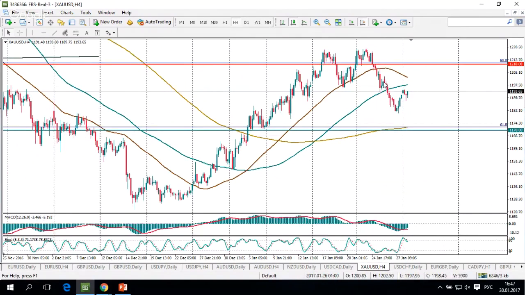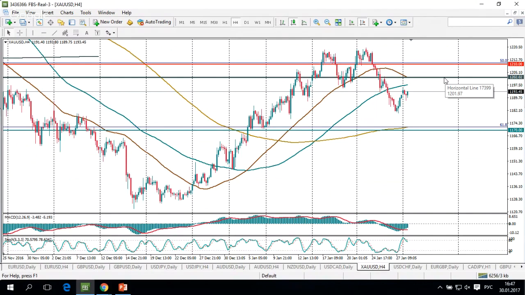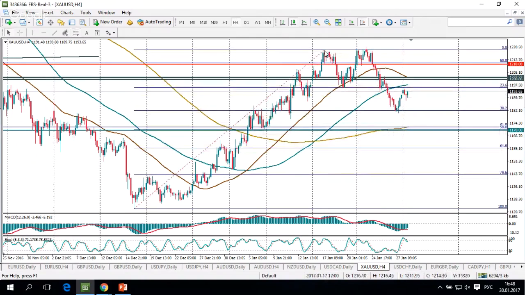However, we can see on the 4-hour chart that the moving averages will provide resistance in the area of the 1,200 mark. Here is an important psychological level, and as long as gold is below these levels, the chances of reversal to the downside still remain. I think that gold will be able to reach 1,200, but the further fate will largely depend on the actions of the US Federal Reserve, the US central bank, and on